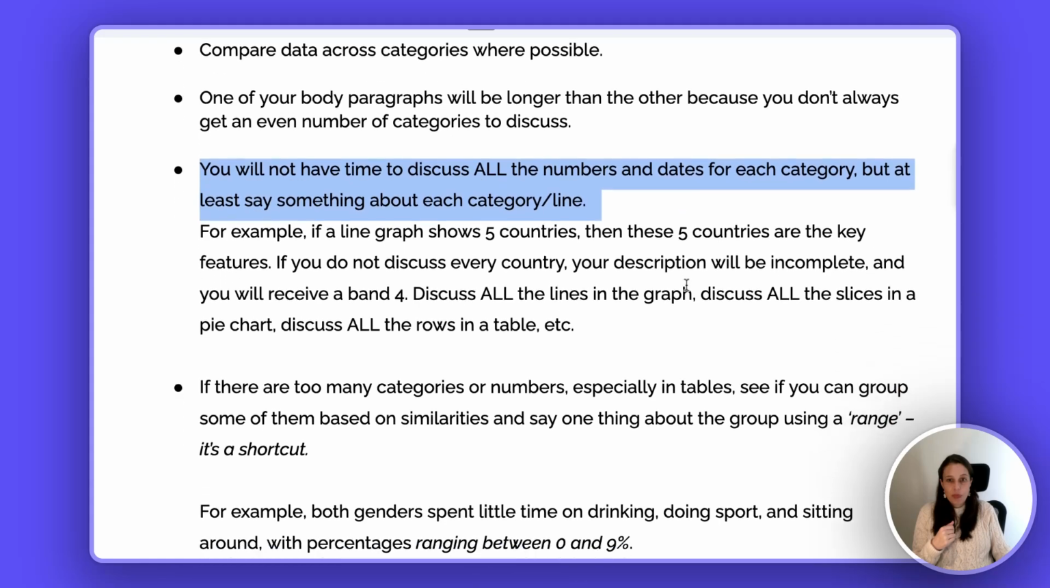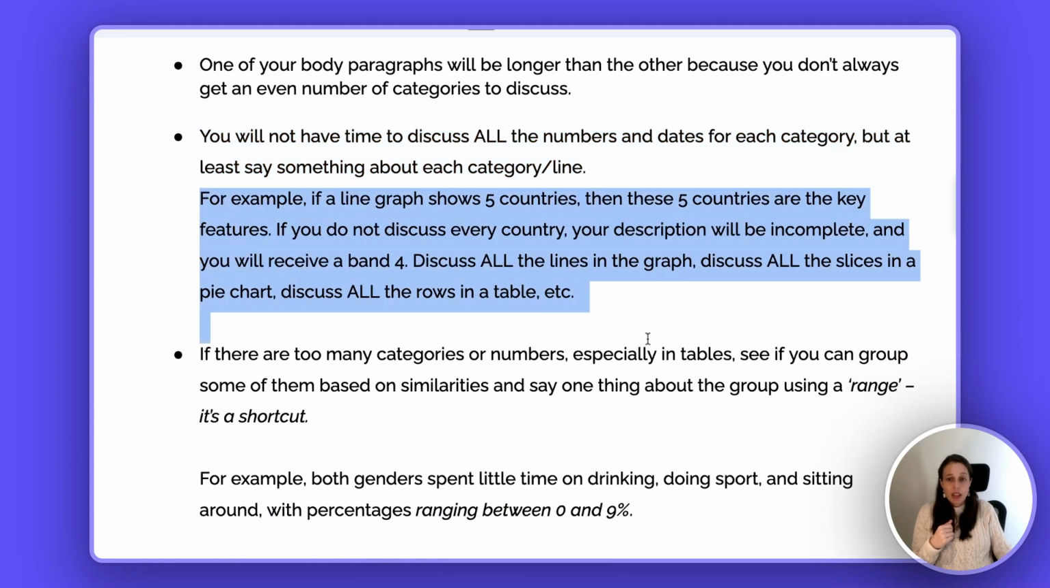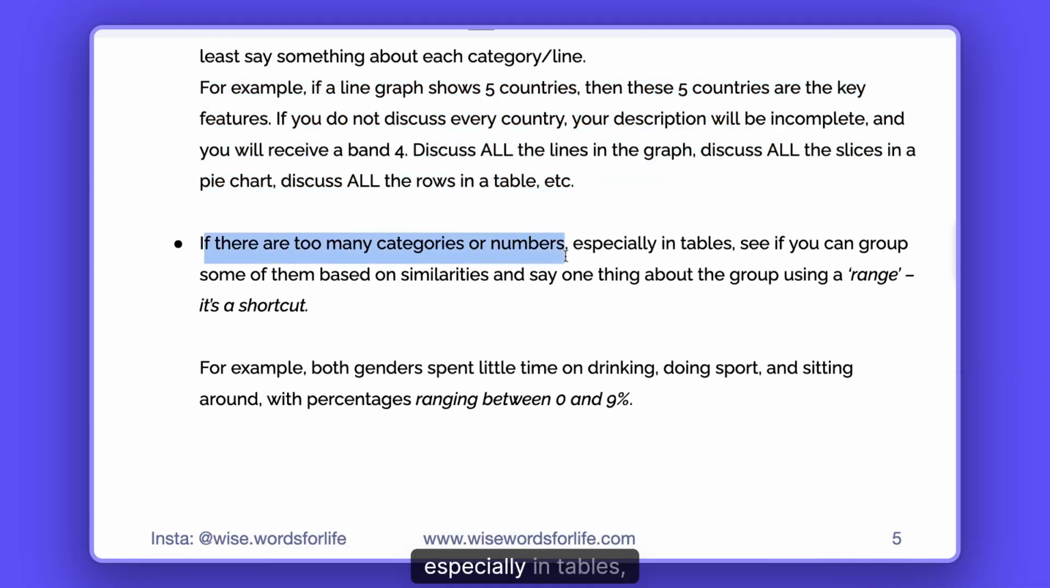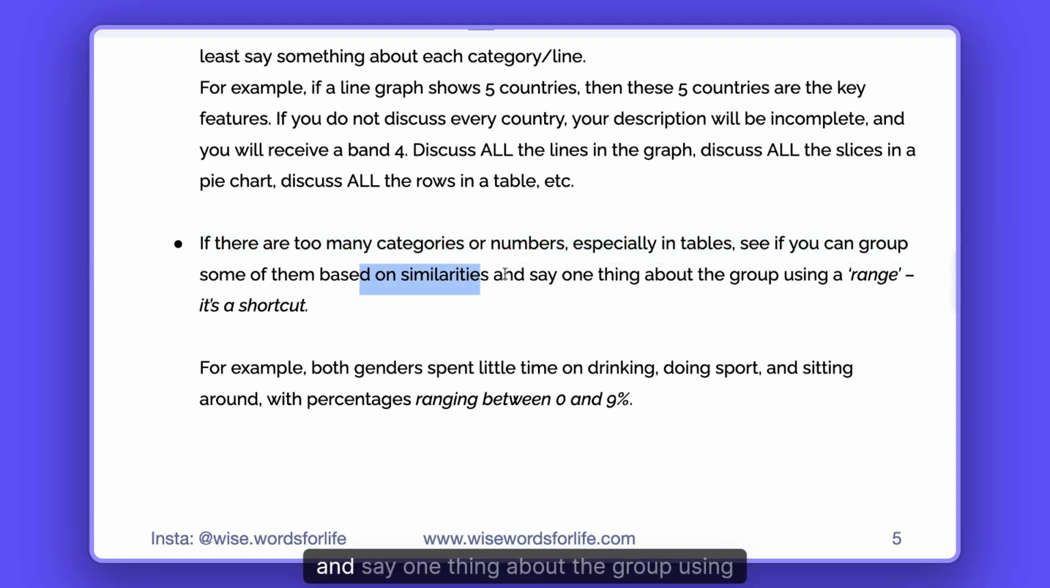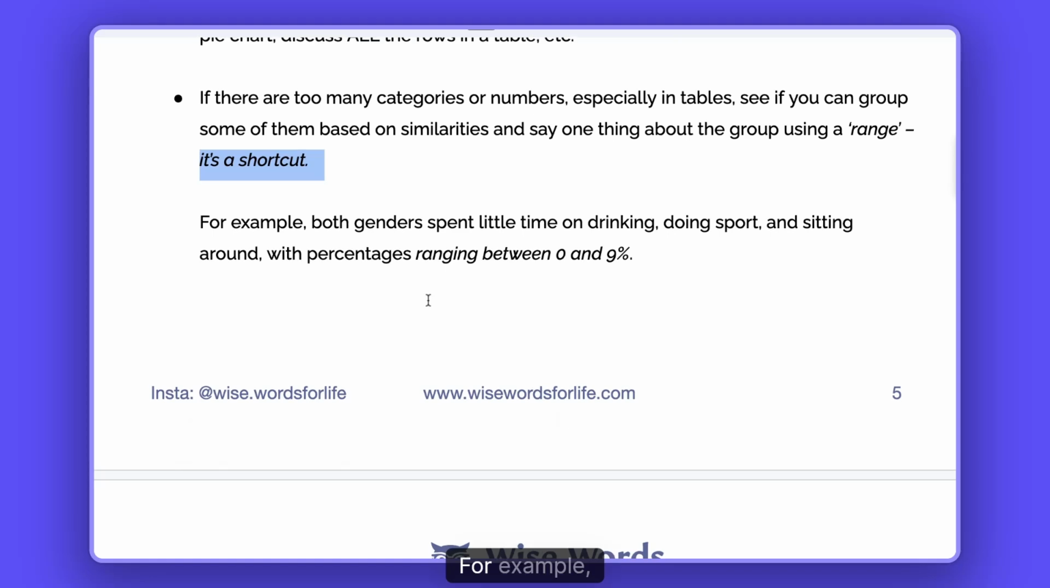Okay, we've spoken about that. Now, if there are too many categories or numbers, especially in tables, see if you can group them based on similarities and say one thing about the group using a range. Think of it like a shortcut. Okay, for example,